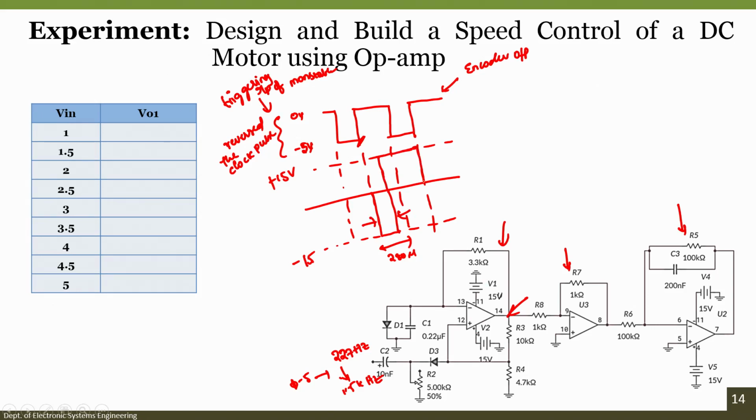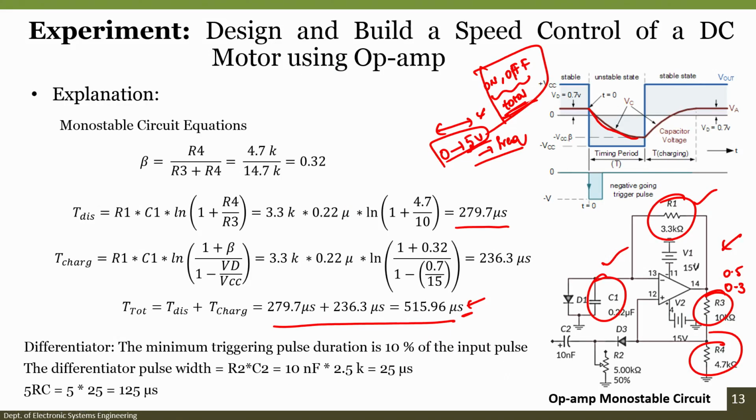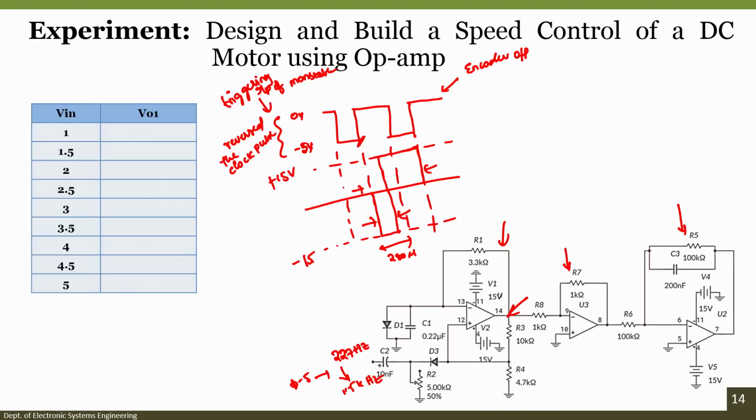So, this is the signal that we got, and this signal width is also smaller than that of the complete signal, but practically there will always be a difference. The reason is that ideally we consider the op amp output voltage to be the supply voltage, plus 15 and minus 15, but practically speaking the output will not reach plus 15 and minus 15, it will be smaller than the supply voltage. As a result, there will be a small deviation in the on time as well as the off time of the output of the monostable multivibrator.